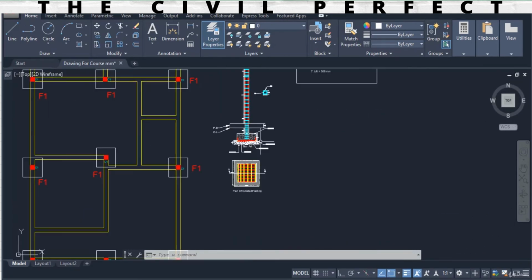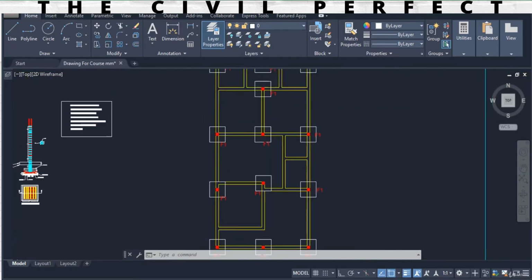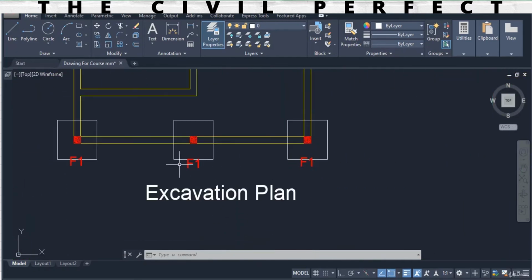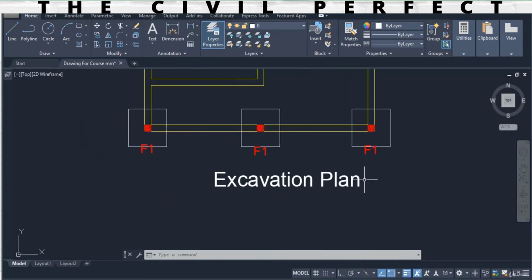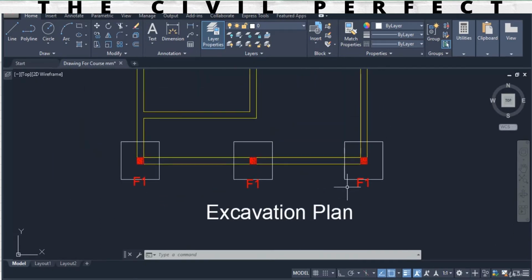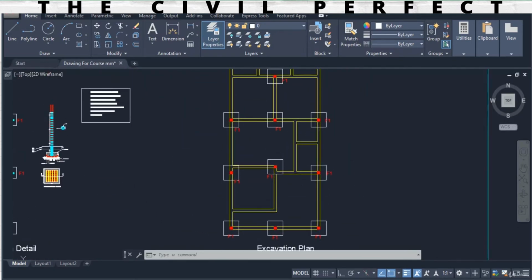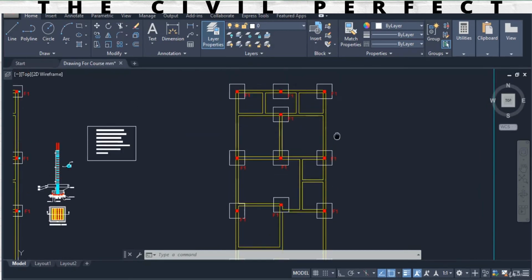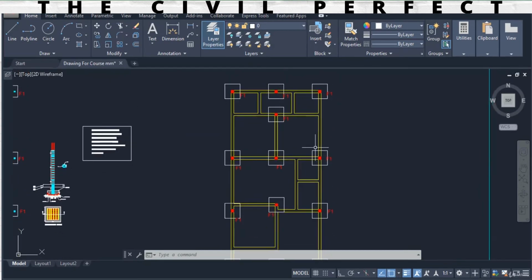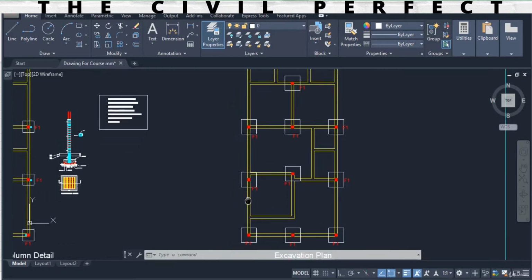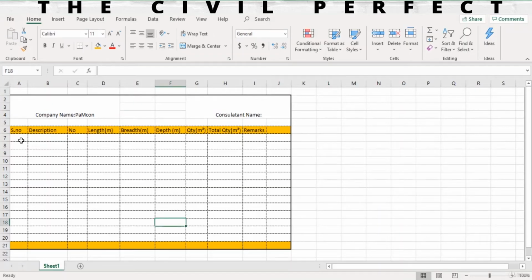Okay, so here you can see in excavation plan we have all of these foundations as F1, so it means that the size of the foundation is equal. Now if in your case you have different kinds of foundations, for example F1, F2 and F3, so you have to just measure all of the foundations' detail, and then you have to calculate them separately. So in this case we have all of the foundations the same, so I'll just calculate one, and I'll multiply it with total numbers. So I'll just go here in Excel sheet again,